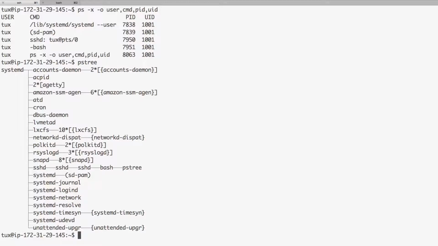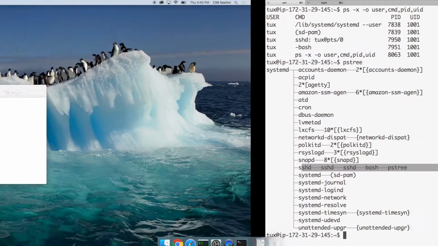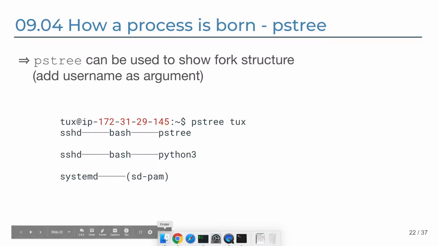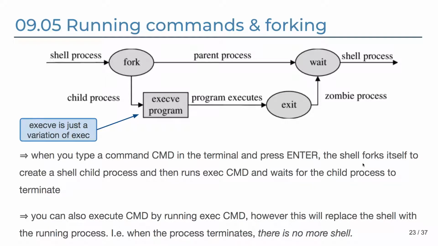And I think somewhere there should also be bash. So we have here the tree of our SSH connection, right? And then a terminal itself, and then PS3, which was executed. All right, I want to go a little more into how this forking and executing